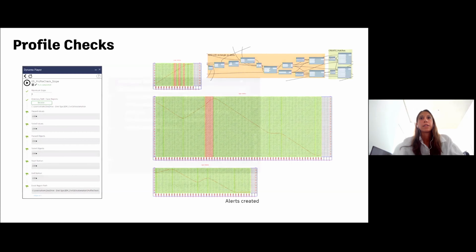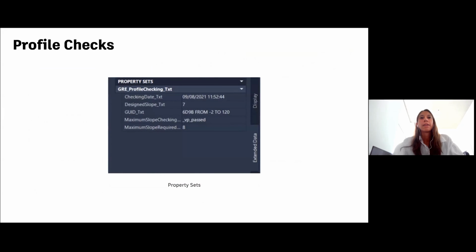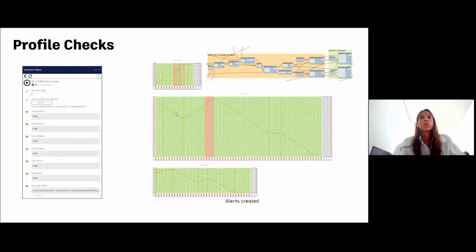So we can see here the Dynamo script that is appearing now. And then after that, we can calculate the slope at the middle point of each curve. Afterwards, we can have this visual alert. And so we have these rectangles that highlight the area in which the vertical profile values either comply with the predefined standards or not, and that are created in place on the profile views. Logically, again, the green ones are the ones that comply and the red ones are the ones that failed.